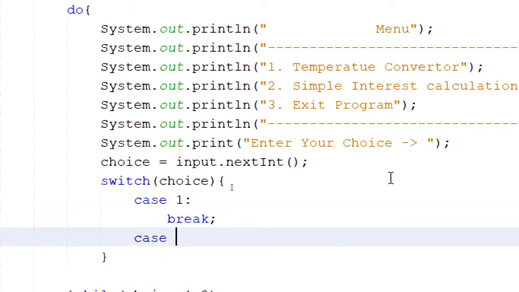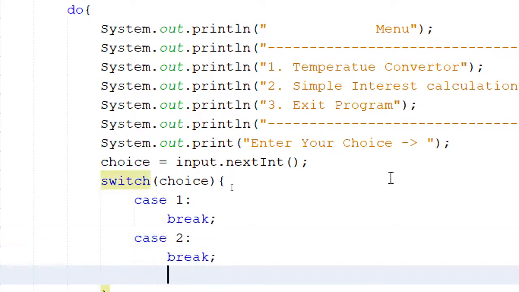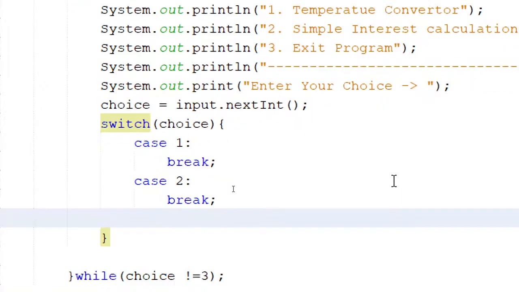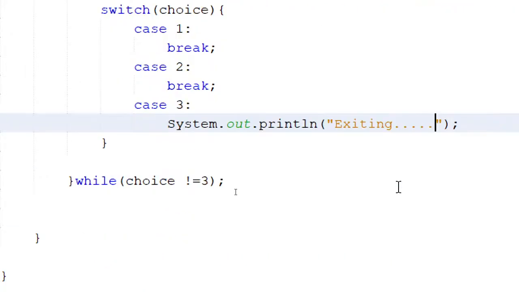You are supposed to do something else, and the case is 3. You are supposed to exit the program. So I'm going to say System.out exiting, and let me put a break there,